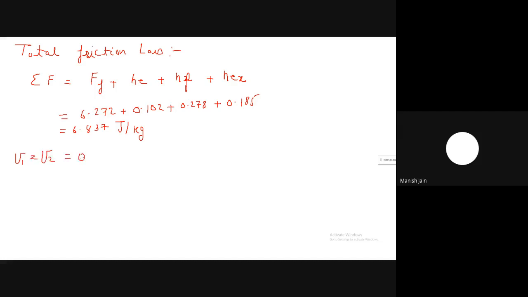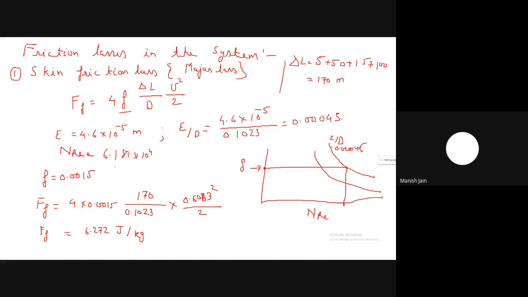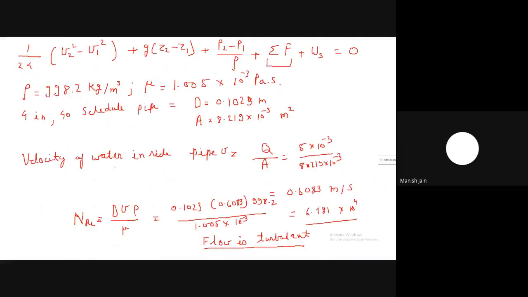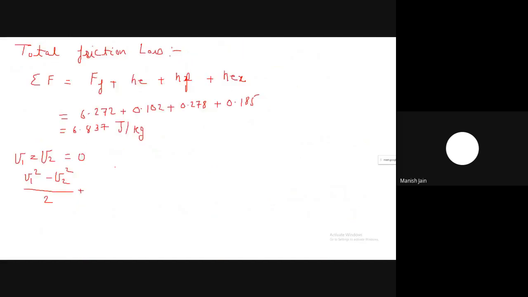So the difference in the kinetic energy will become 0. First I will write the equation so you can understand this again. The equation will be (V1 square minus V2 square) divided by 2, plus g (Z2 minus Z1) in the Bernoulli equation. Alpha will be there, but here we take alpha equal to 1. Then g (Z2 minus Z1) plus (P2 minus P1) divided by rho